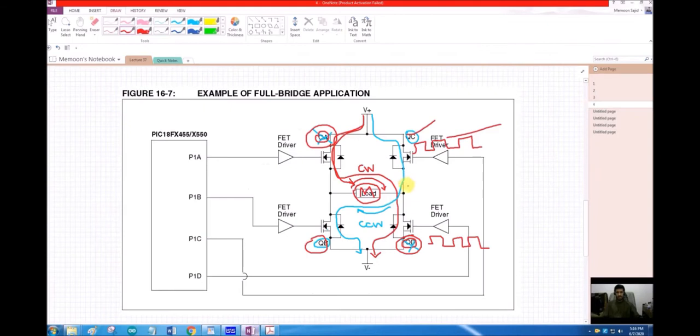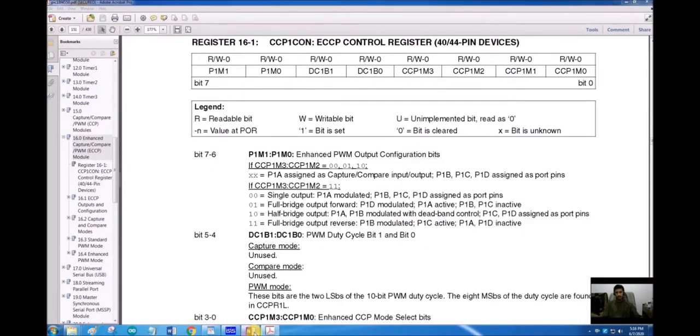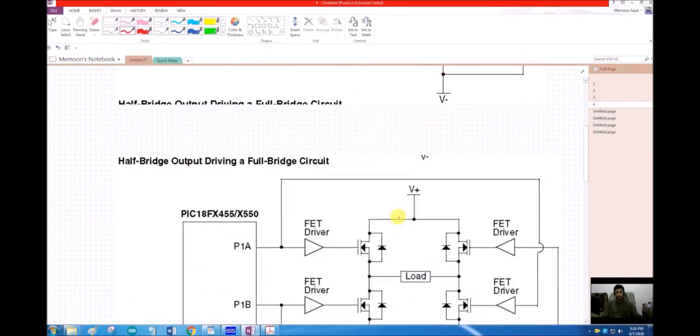There is one more thing that we can discuss here. In your data sheet, it is given that you can use the half bridge output to control a full bridge. Here you can see that.